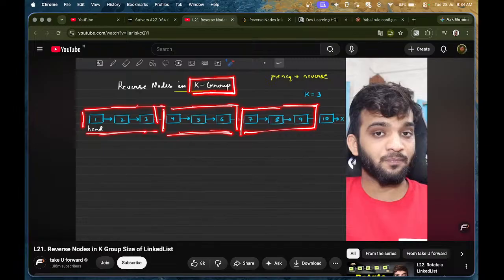Current equals to start, start का जो next है, तो हमें previous null लेके चलते हैं। Previous को कर देंगे start के बराबर, और start को कर देंगे current, करेक्ट।